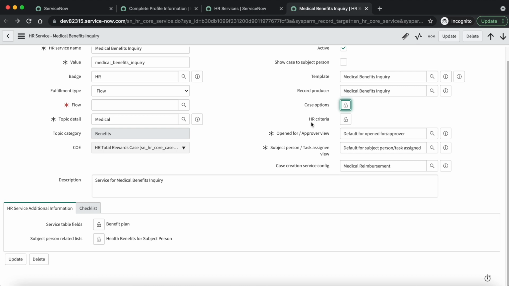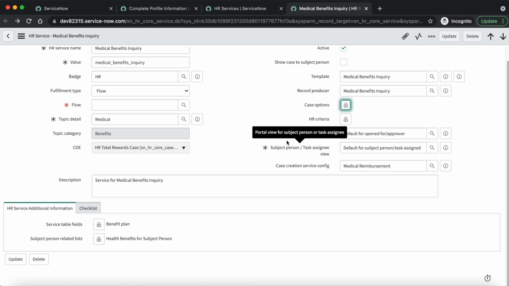Also, one thing to be noted here: HR criteria applied to the HR service is internal facing only and has no relation to the user criteria that is used to control which HR catalog items, that is record producers, an employee can access from the HR service catalog.